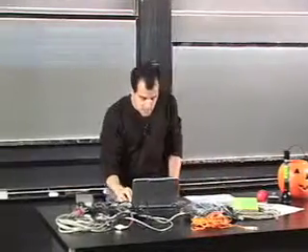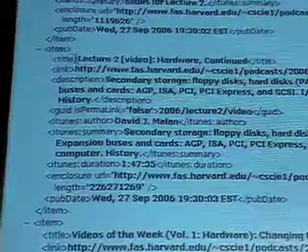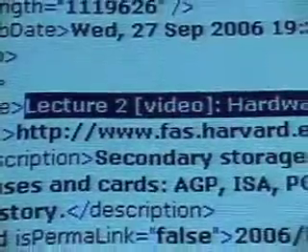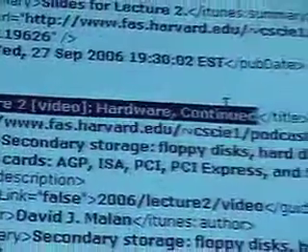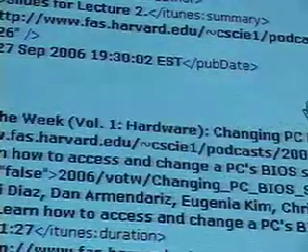And all we do, for instance, to say that we have just released the video for lecture 2 is the following. We type up this short paragraph. But you'll notice, if you glance closely, even though the text is a little small, that next to a lot of these words are these angled brackets, open bracket, something, close bracket. And those are examples of XML